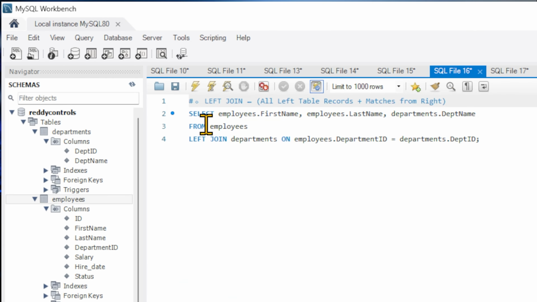Now we'll talk about left join. Left join is also known as left outer join. It returns all the rows from the left table and matched rows from the right table. If there is no match in the right table, the result will contain null for all the columns from the right table. So we'll go ahead and look at this syntax where we select employees first name and last name